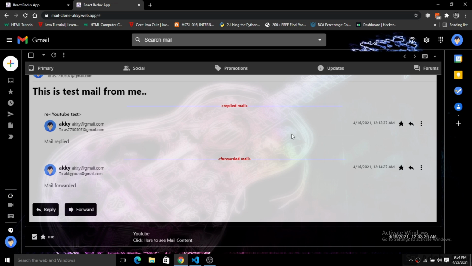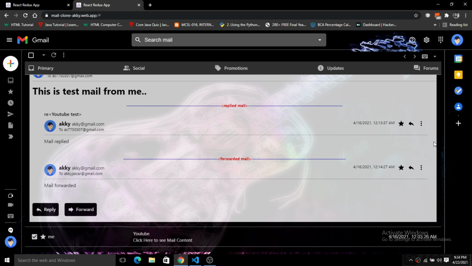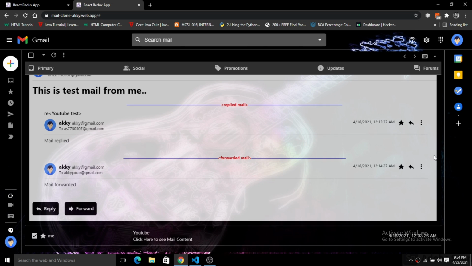First of all, we will add the feature of compose mail using this React modal pop-up, which simply accepts all these values and sends them directly to the recipient, and they will just directly show up inside the mail card here, right? So this is our first thing that we would like to implement here. Next,